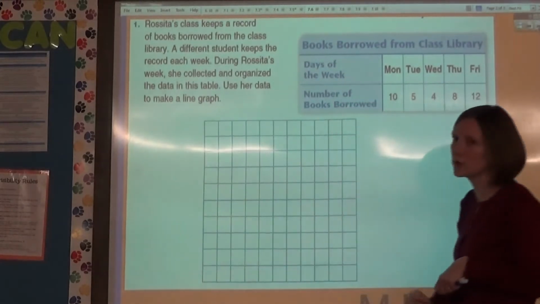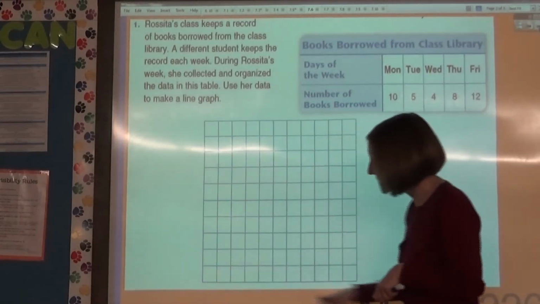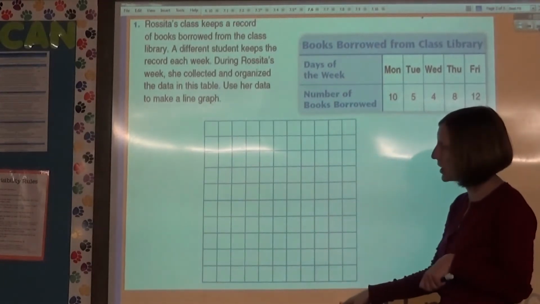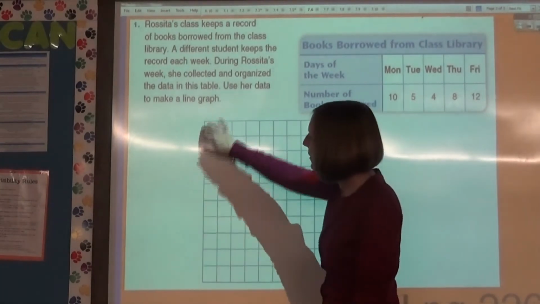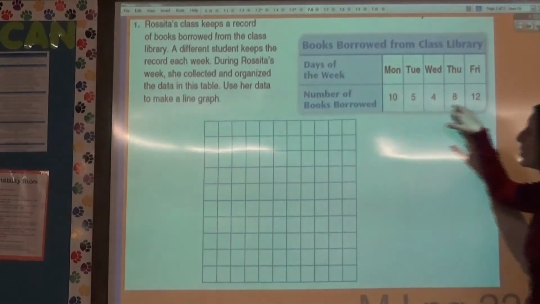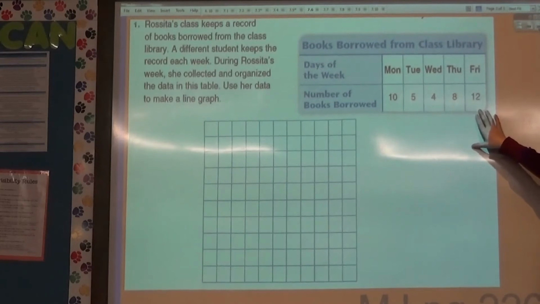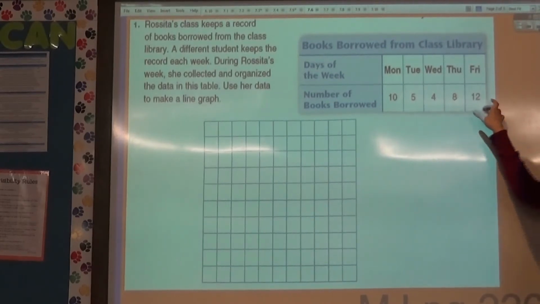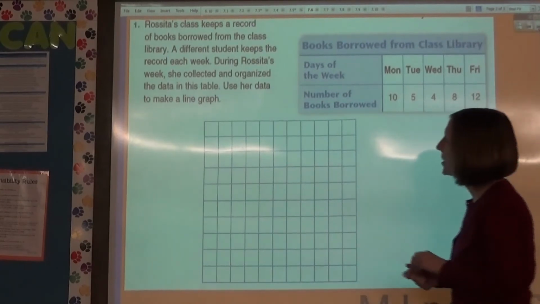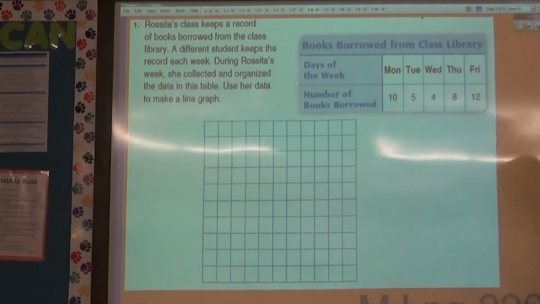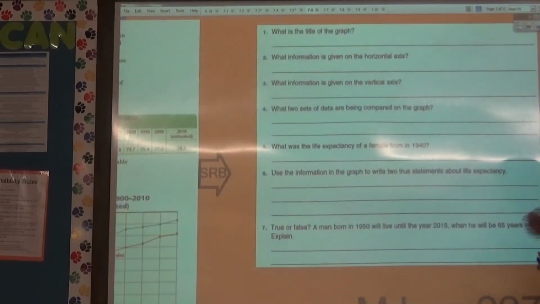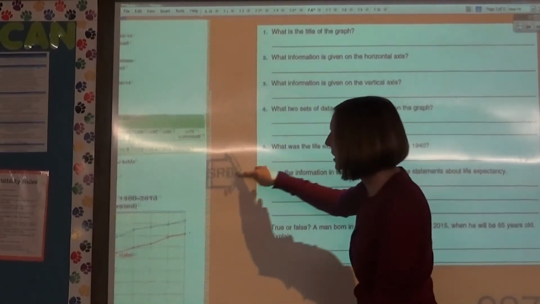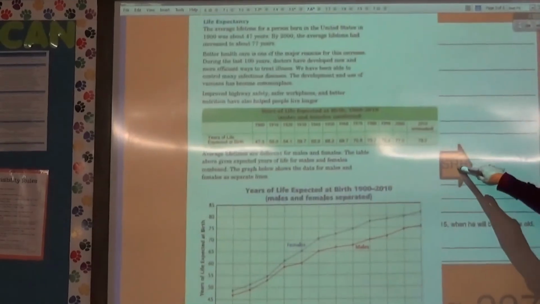Remember, in the directions, they suggested time periods like days of the week should go along the horizontal, and then the information you're measuring should go along the vertical. You'll need to decide if you're going to count by ones, twos, fives, or tens. And then you'll go ahead and plot that on there. Okay, so that's something that you'll work on constructing on your own. There are some other good examples in your SRB. You'll actually use some of this information and this